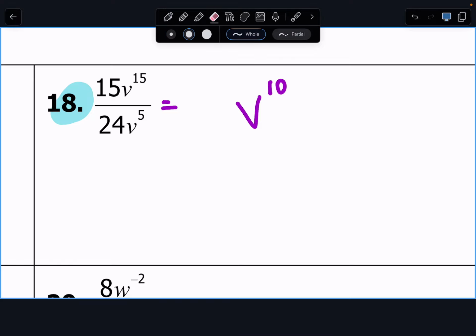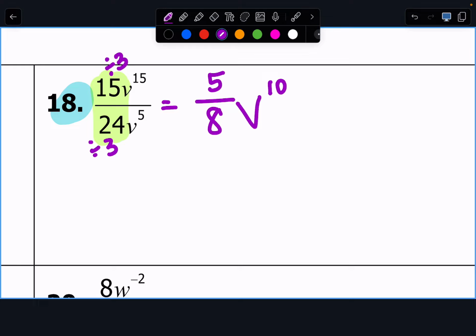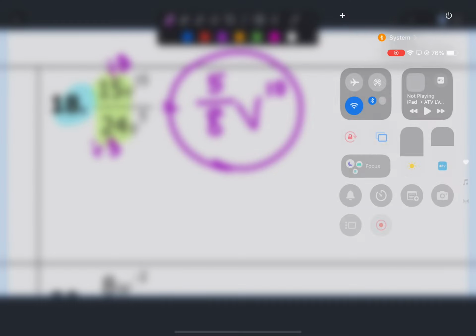So this fraction of 15 over 24, are those two numbers divisible by a common factor? 3. So these are both divisible by 3. 15 divided by 3 is 5. And 24 divided by 3 is 8. And our answer has a fraction, and that's just